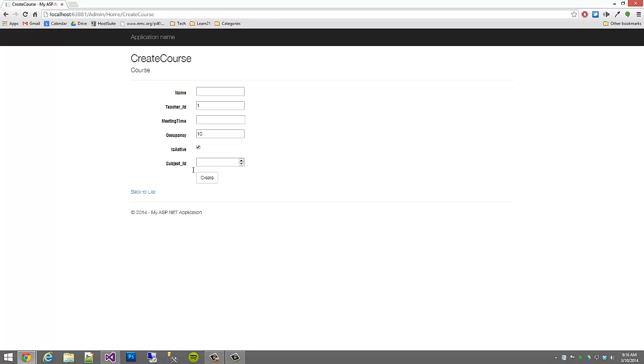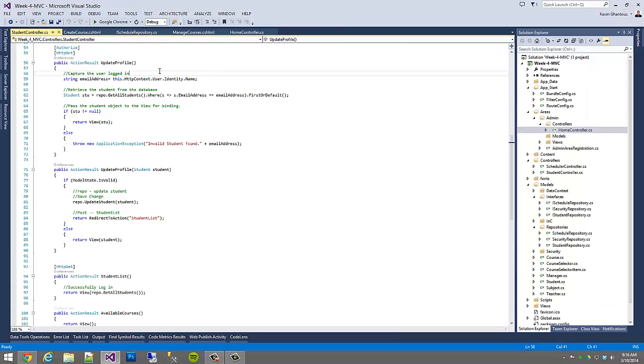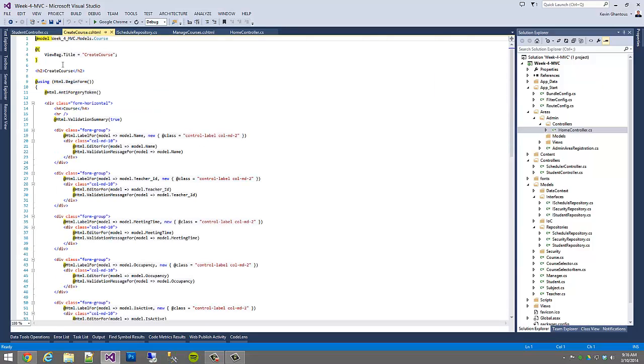We'll want to make is active true by default. And subject ID, again, we want that to be a drop down of subject. So how do we go about doing that work? If we close out of our browser, we'll stop our code, and let's jump first into the create course